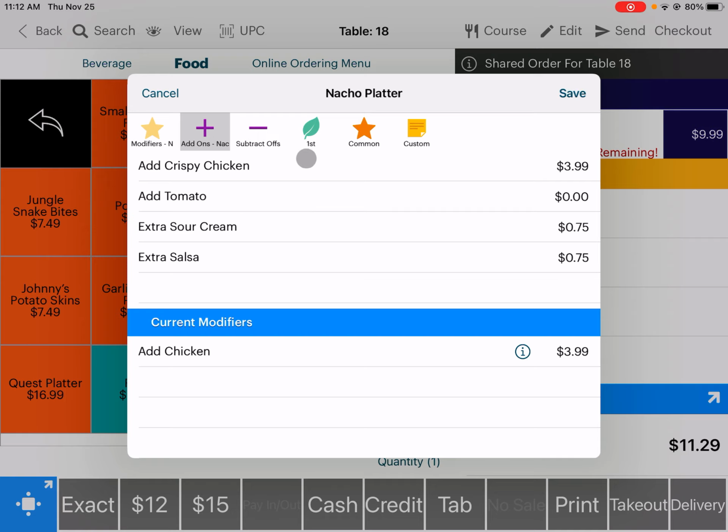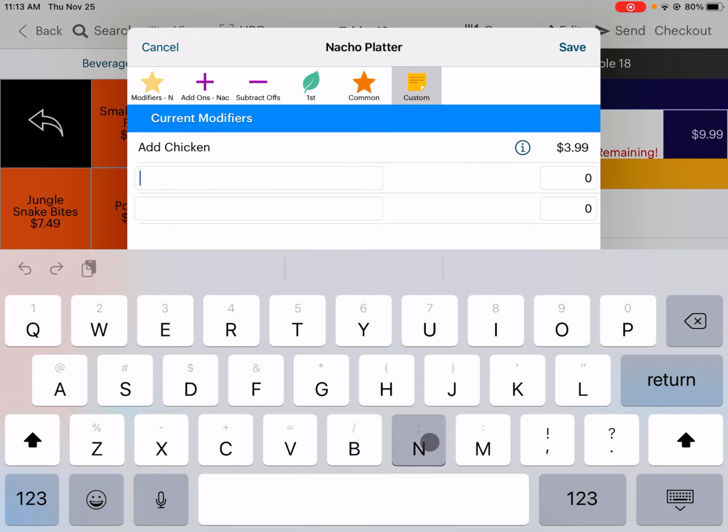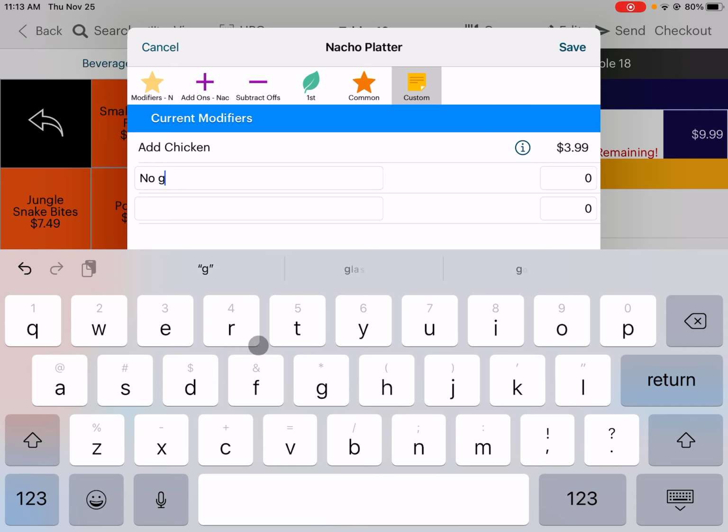So there's also this modifier right here, subtract offs. What is good about this is this will tell you what the item consists of. So the nacho platter has the nacho chips, it has the cheese, it could have the meat if they add it, but it also comes with green onions and hot peppers. So if a customer says to you, I don't want green onions, instead of having to come to this custom button here and having to type in no green onions, right? Instead of having to do that and slow you down,